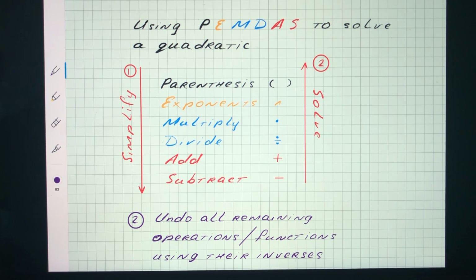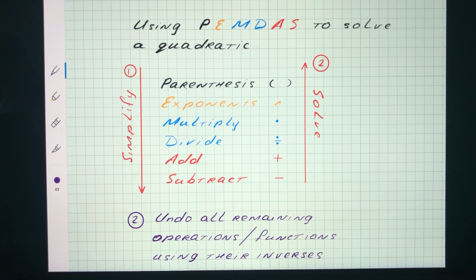Hello, in this video let us use the order of operations, PEMDAS, to solve a quadratic equation. Usually when we solve a quadratic equation we would use the quadratic formula, but in this case we will end up with a simplified version of a quadratic function, and so we could use PEMDAS instead of the quadratic formula. So let's use this example to practice how to use PEMDAS, that is the order of operations, to solve any